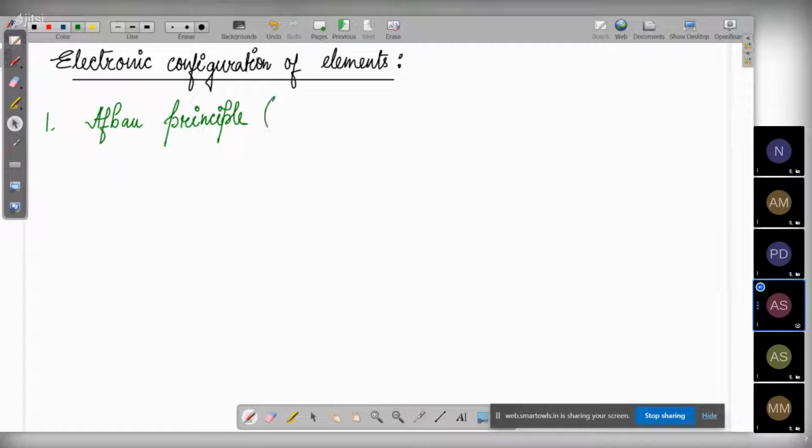It is just a German word, and the meaning of the word Aufbau in German is building up. So let's see the principle. According to the Aufbau principle,